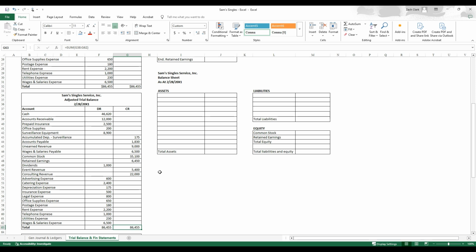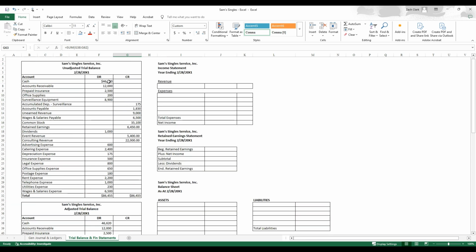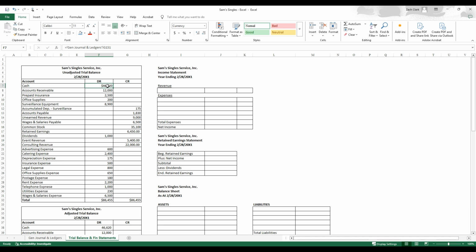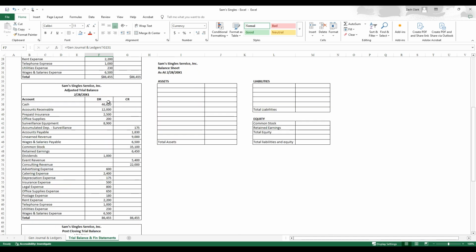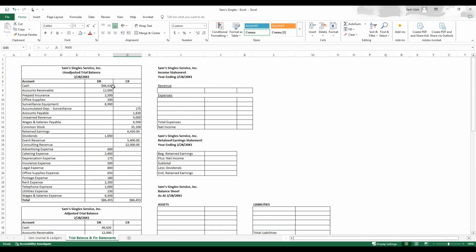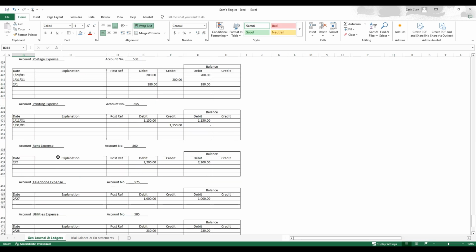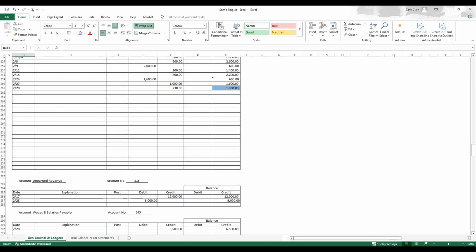Now, trying to think of the easiest way. Yeah, shoot, there's not really an easy way to fix this. So anyway, let's just go back through and fix our unadjusted trial balance. So our adjusted trial balance was good. And so these numbers are all solid. I'm going to copy this, paste values to lock those in. Because if I didn't do that, they would all reflect back up to the top. But what we want this unadjusted trial balance to be is to not include the effect of our